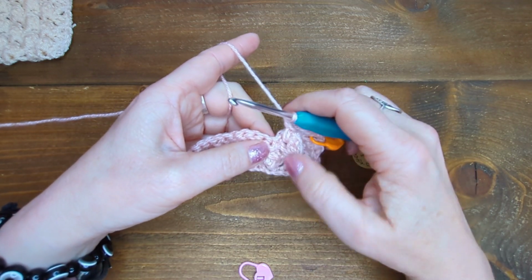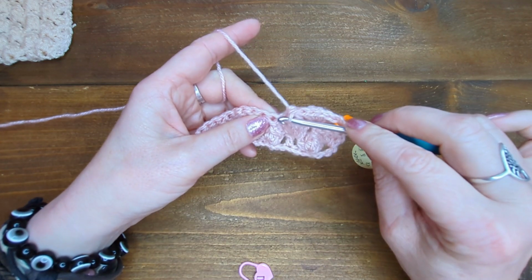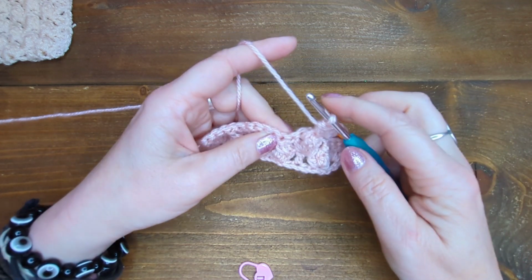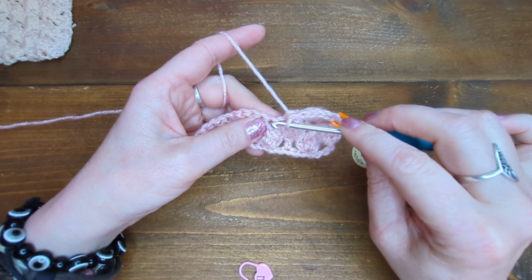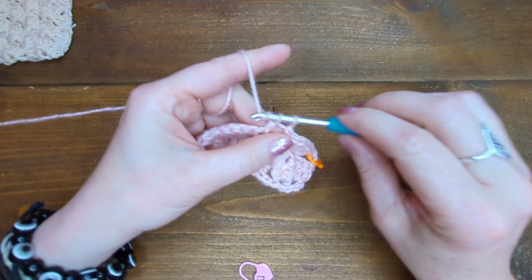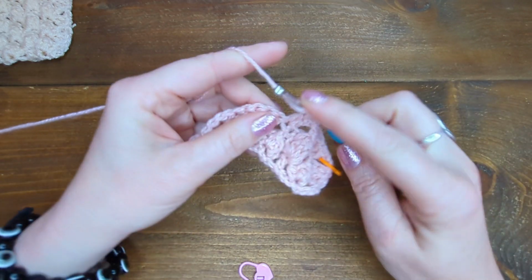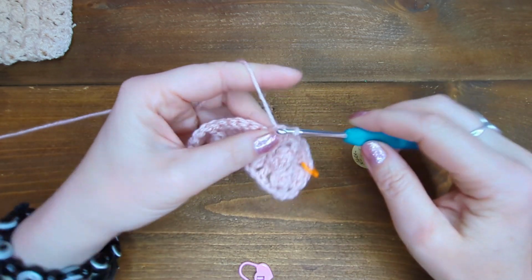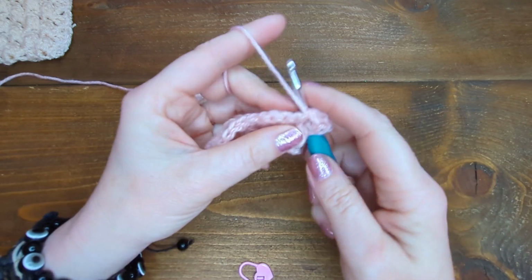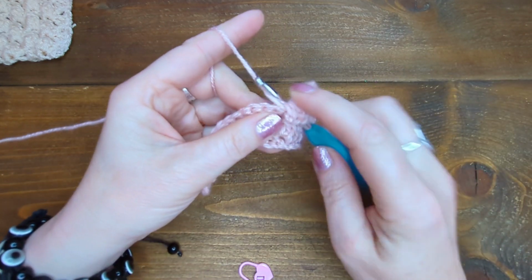Next, we're going to do another set of 5 double crochet cluster in this chain here. So this is the one that is coming from the back post double on the previous row. So skip 1 stitch, and in the next one you're going to do 5 double crochets. So go ahead and make those. So that's 4 and 5,